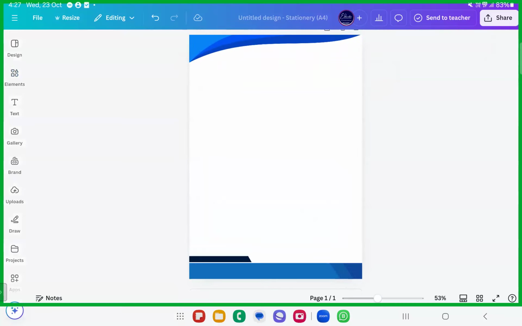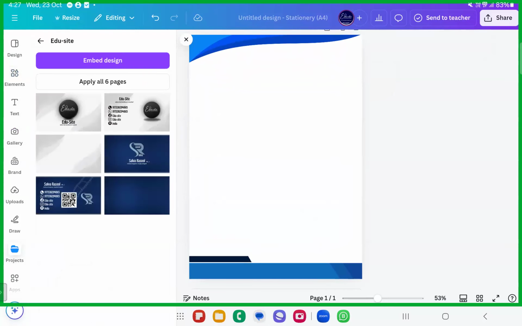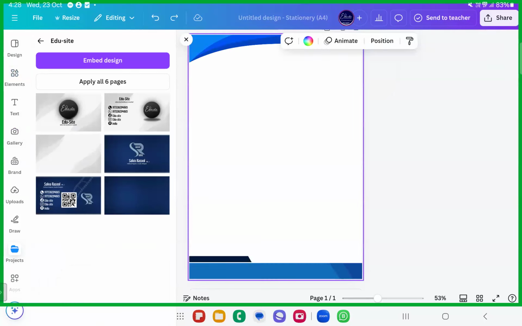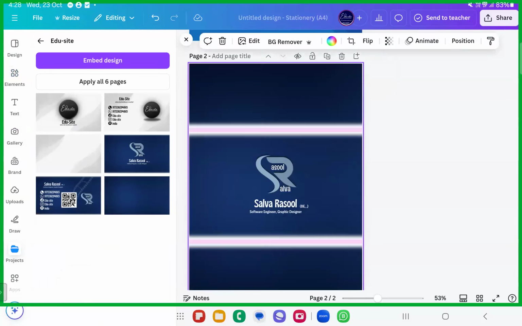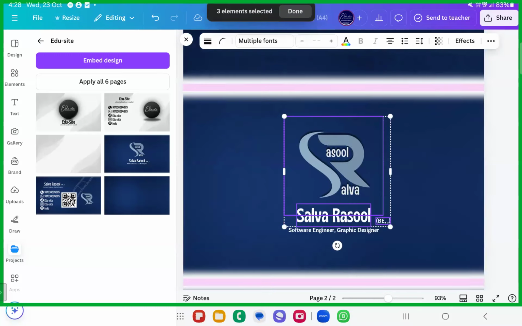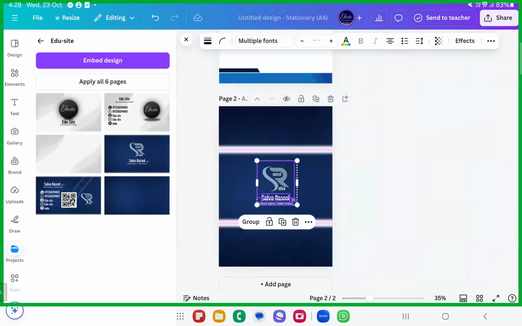So see here. Now I just want a logo in hand. So I'll go ahead with the logo. I'm taking it from the business card that we have created. So go to the project that we have created. I'll borrow it from this one itself. I will put it up in the next slide so that this business card is put up here. Okay, so we'll just borrow this. Select multiple. This one, this one, this one. Done. Three dot button, copy it and paste it here.